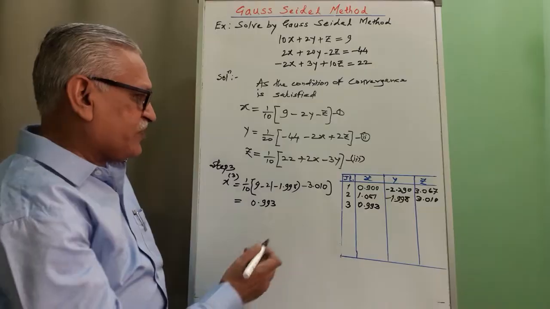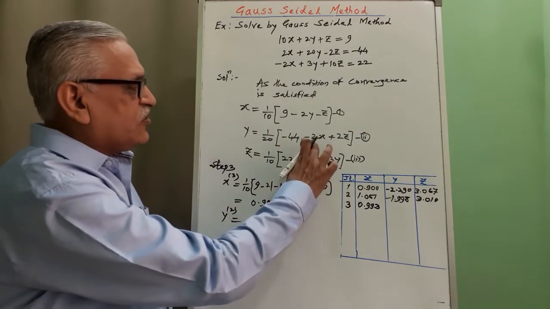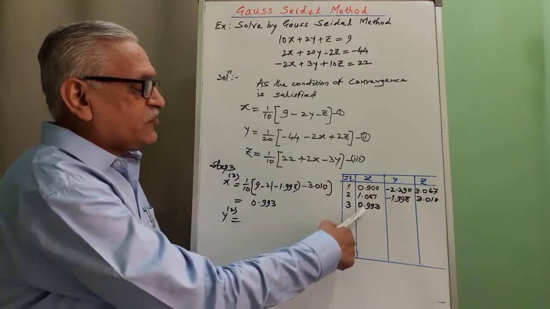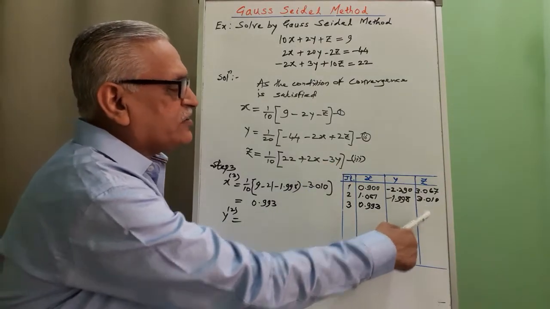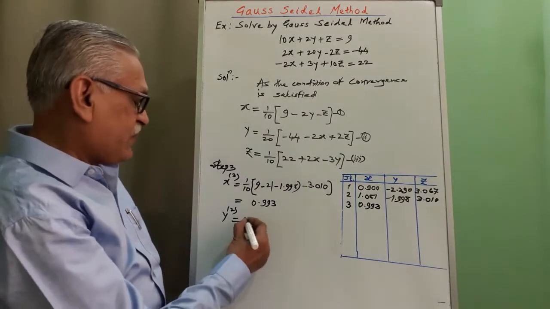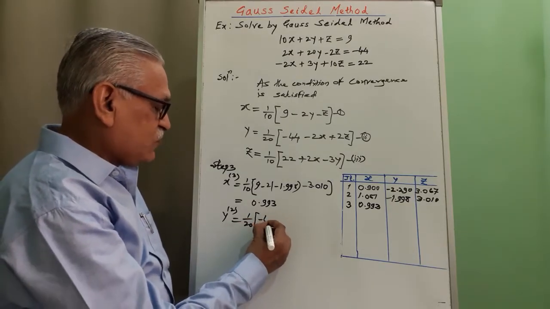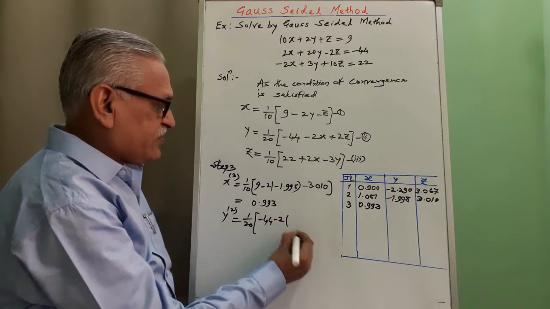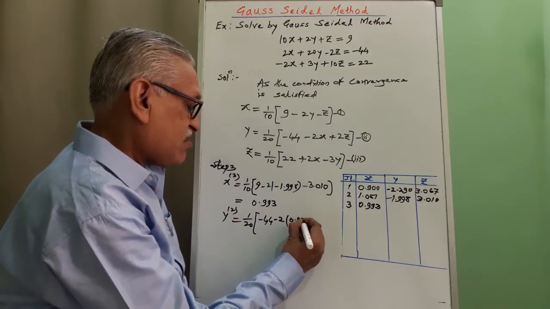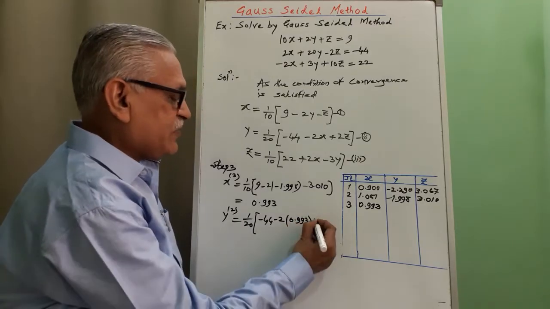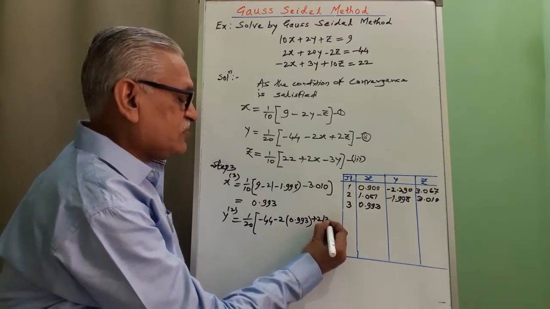Then using equation 2, we find y2. Here on the right hand side we have x and z. Therefore, the latest value of x we substitute is 0.993 and the latest value for z is 3.010. Performing that step we get 1 by 20 times minus 44 minus 2 into x, x is 0.993, and plus 2 times z, the value of z is 3.010,